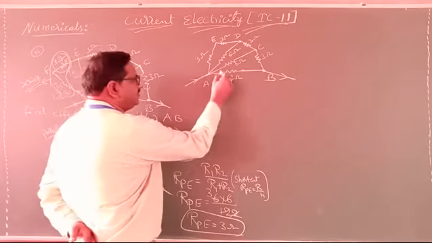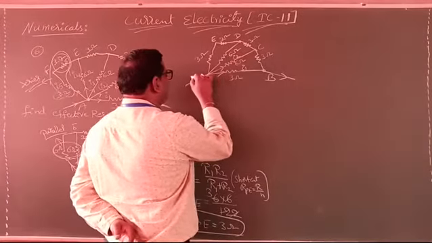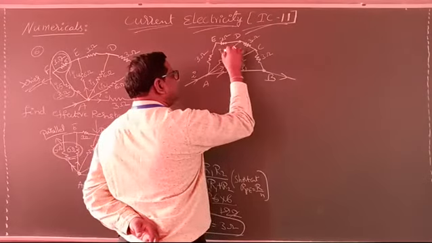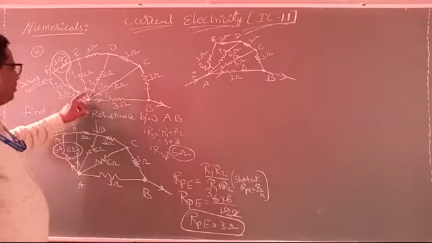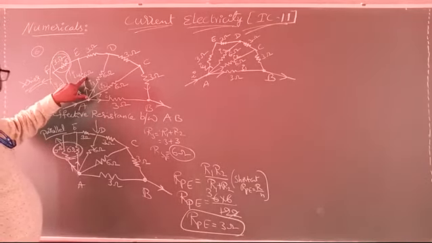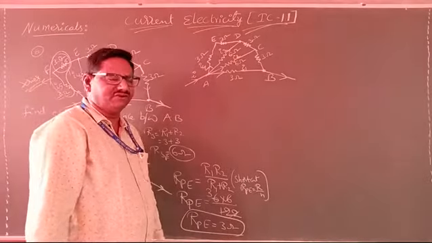Now here see that? Here current will be I1. Here current will be I2. The total current will be I here. Now here current will be I3. And here current will be I4. What you wrote previously here, same I4. Clear? This 6 now becomes effective 3. Do you understand? Don't get confused.